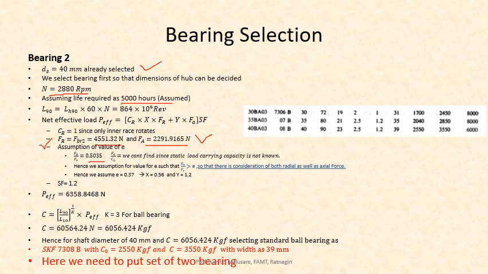Now for this FA by C0, we have to make the assumptions regarding the E such that the value of FA by FR is greater than the value of E. Okay, so for simplicity, I have assumed the value of E is equal to 0.37, and corresponding values are x is equal to 0.56 and y is equal to 1.2. Service factor 1.2. So the effective load comes out to be 6358.8468 newtons. Now from this we go for the calculation of dynamic load carrying capacity, that comes out to be 6056.424